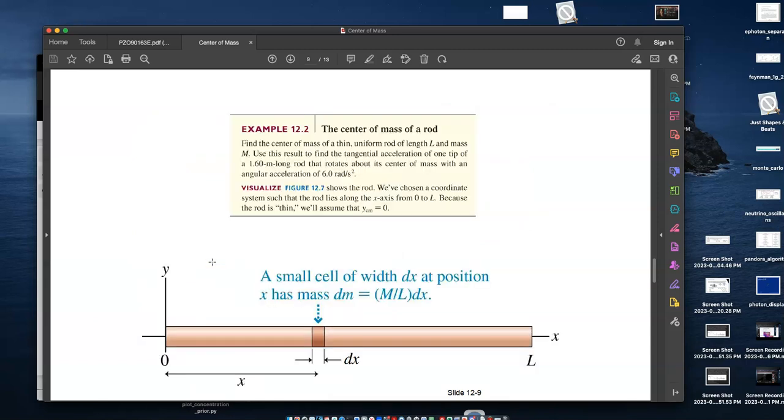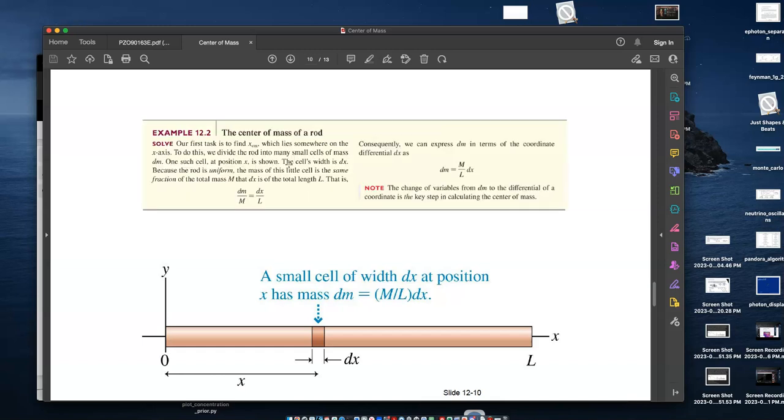So here's kind of what I was doing, but with mass. Integrating each little segment of dx, making it dm. So, we have a 1.6 meter long rod that rotates around its center of mass, and we have to find said center of mass. If we're told it's uniform, the dm value over m has to be